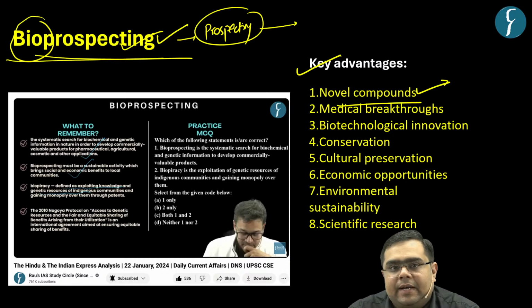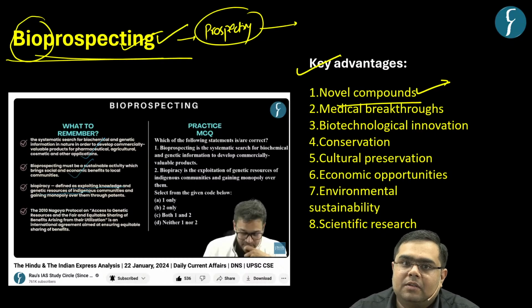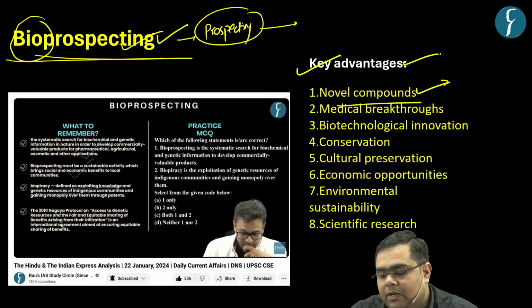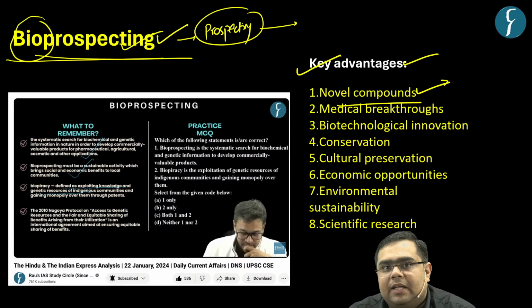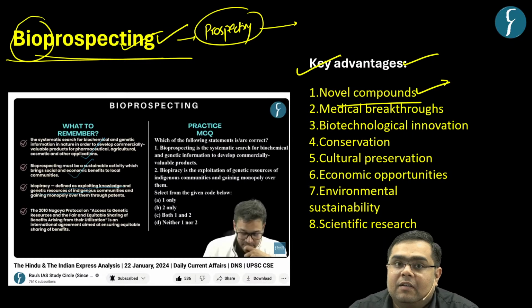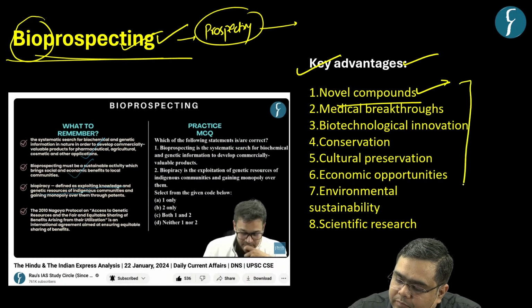As the famous writer Tolkien remarked, the world is not in your books, the world is out there. Similarly, in the context of bioprospecting also, we can say that the world is not confined to books or labs, the world is out there. So scientists have to go outside and find the relationships between the biologically active compounds and their interaction with respect to other